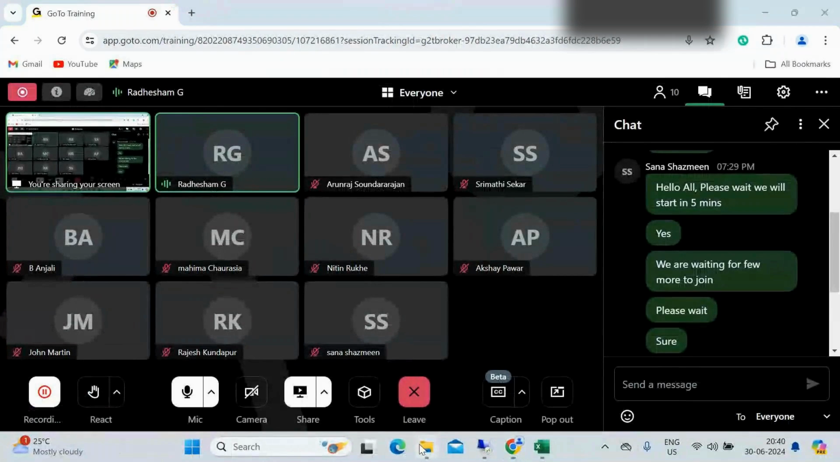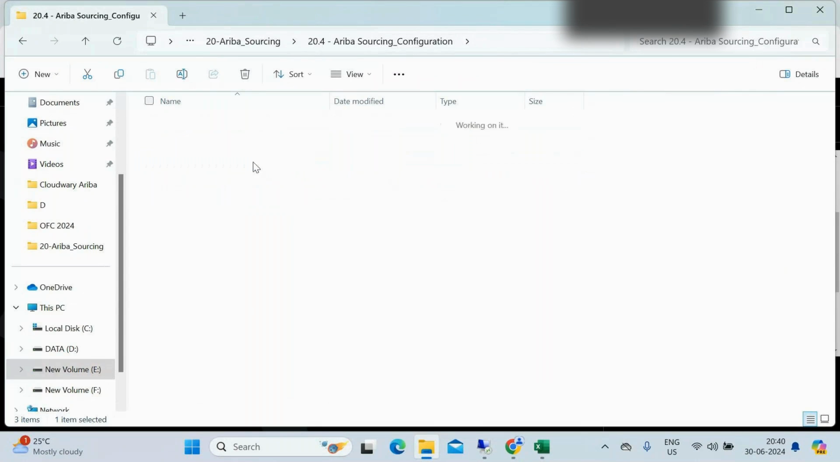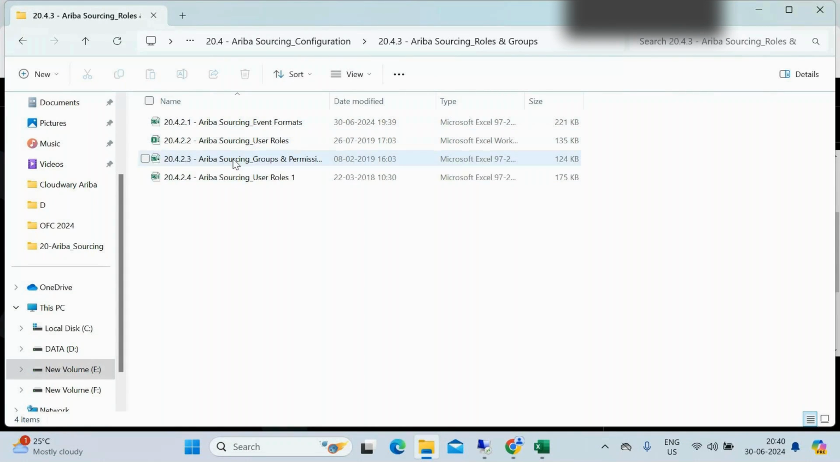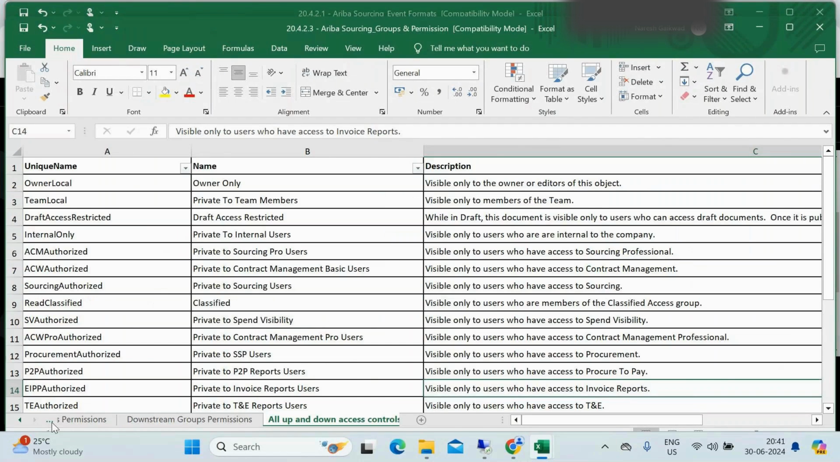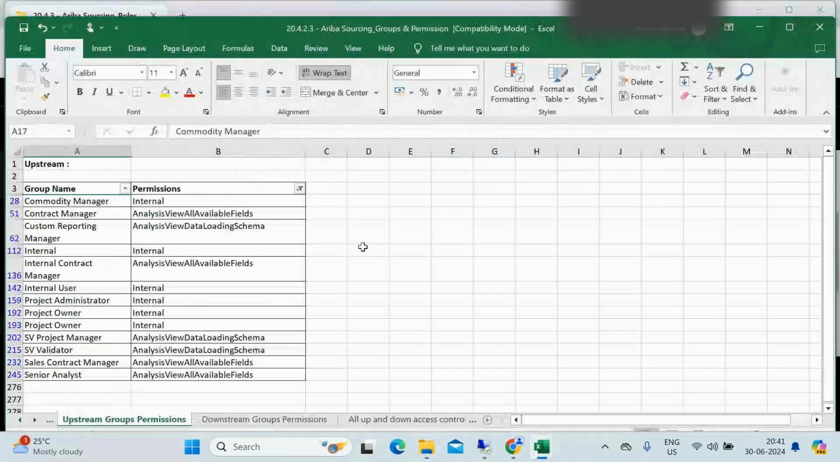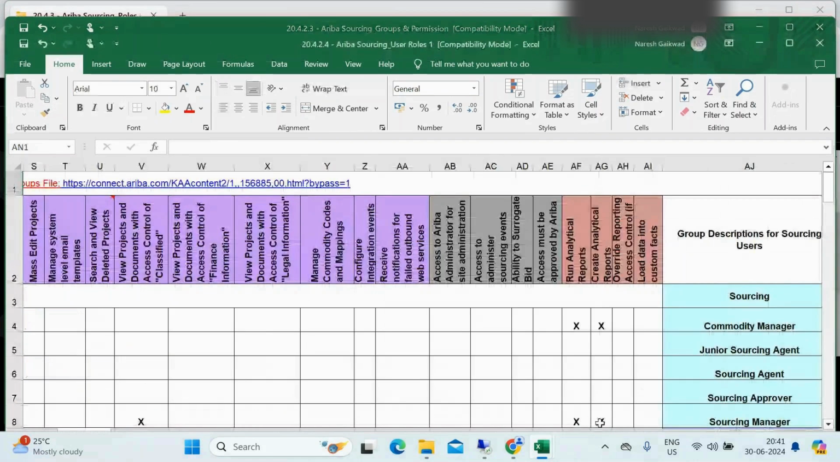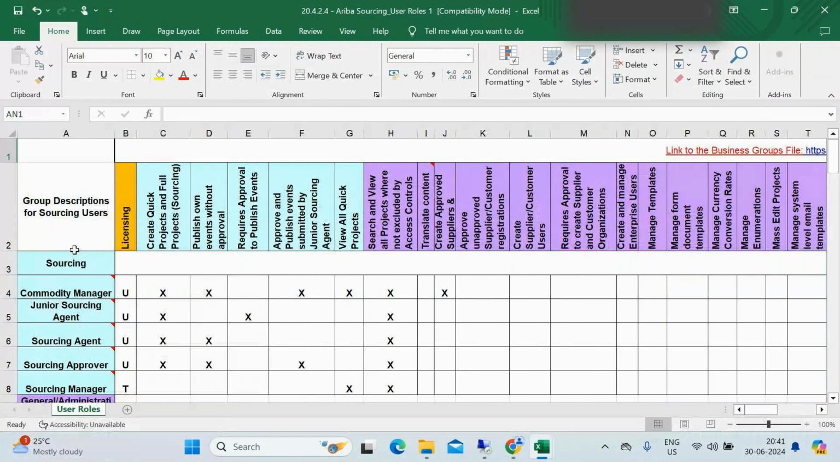Quickly I will explain how that is important. See, we have a lot of users, and whatever users we have, they have some access control, and they should be responsible for that particular task. So here, for sourcing,